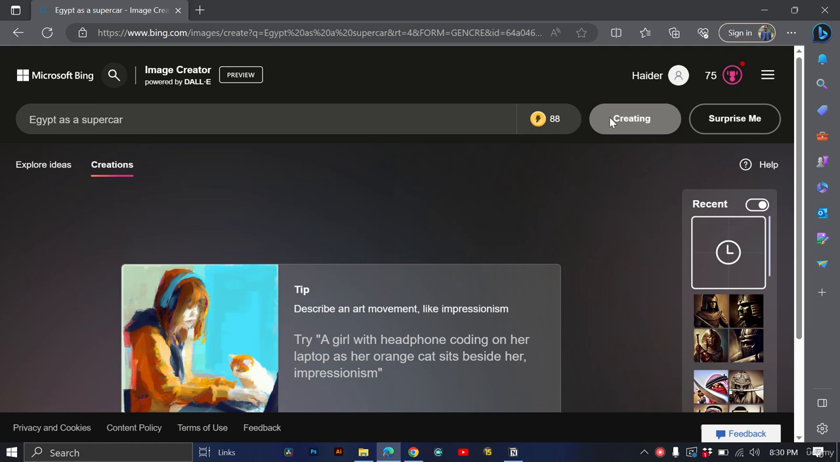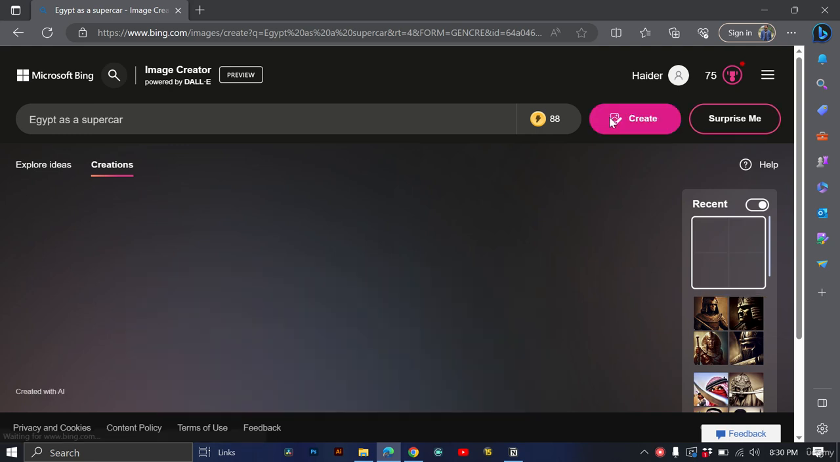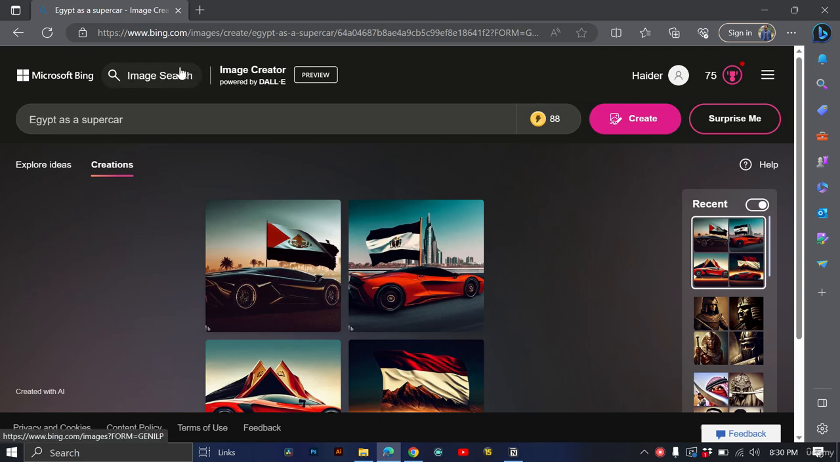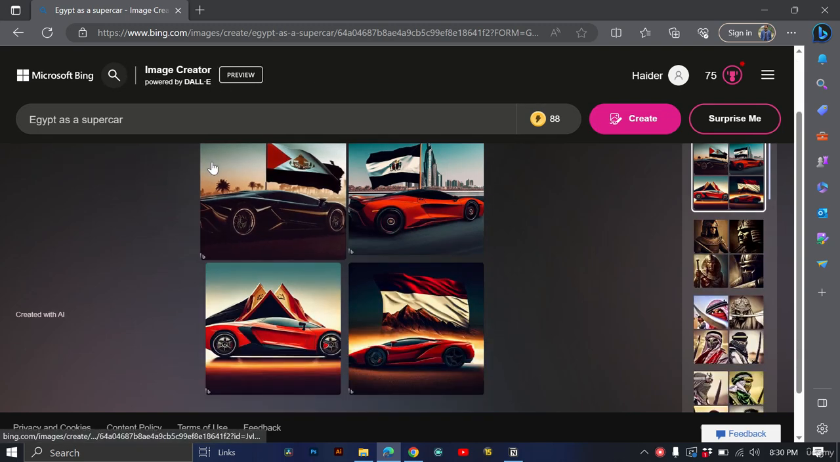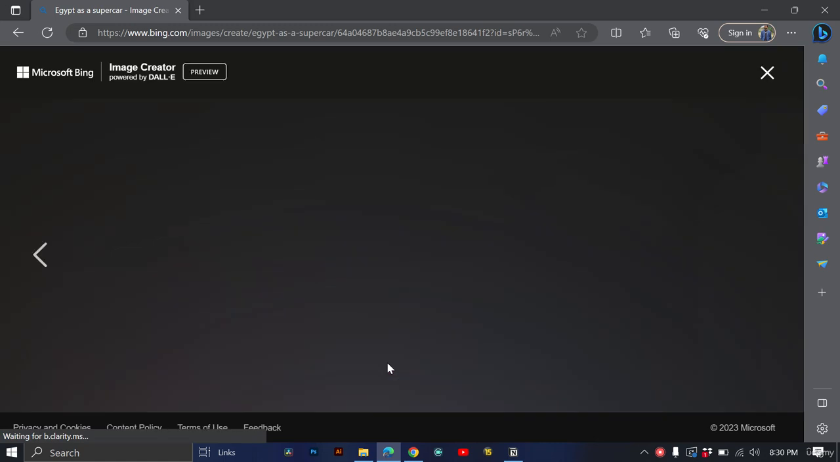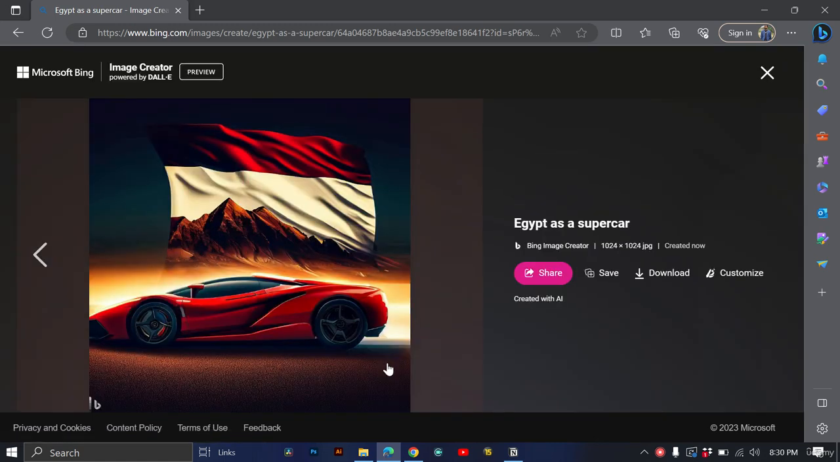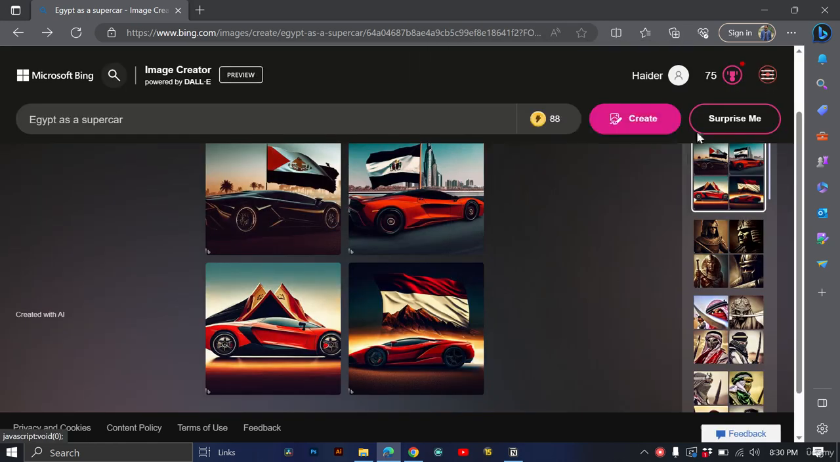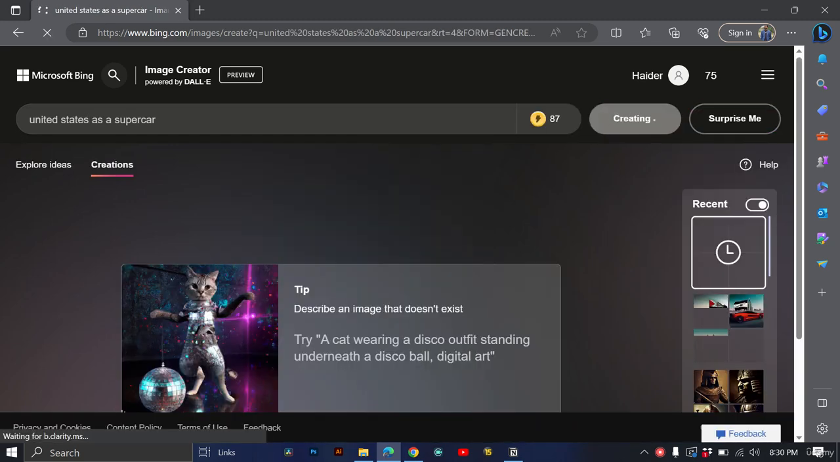So it is a really interesting question, and it's based on your creativity, because AI can create anything. It's all about you imagining stuff. So here you can see this is a Lamborghini and it's in Egypt and it's looking really great. So you can download that, and this can be your other short. You can name other countries like United States, etc., and this can be your other short video that you can use to portray that you have asked AI for countries as supercars, and